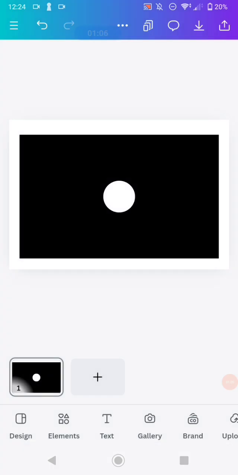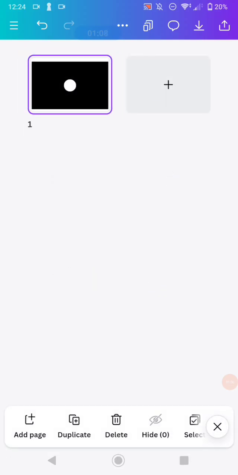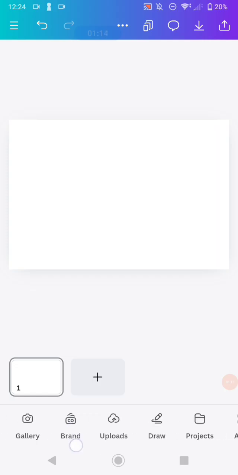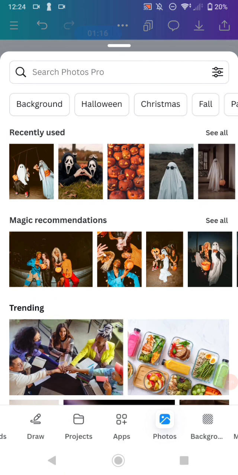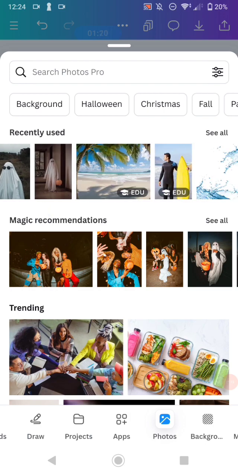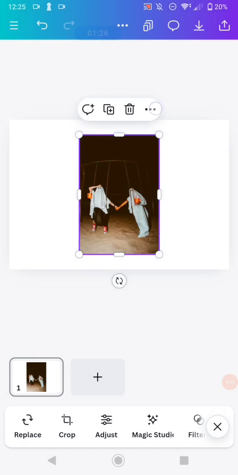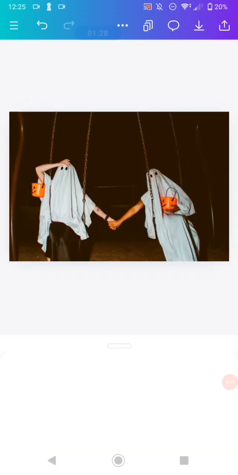Wait for a moment, and after you finish downloading it, now minimize the page and then make a new page, and you can delete the first page. And after that, now you need to add a picture. For example, I'm going to add this picture and then set it as a background like this,